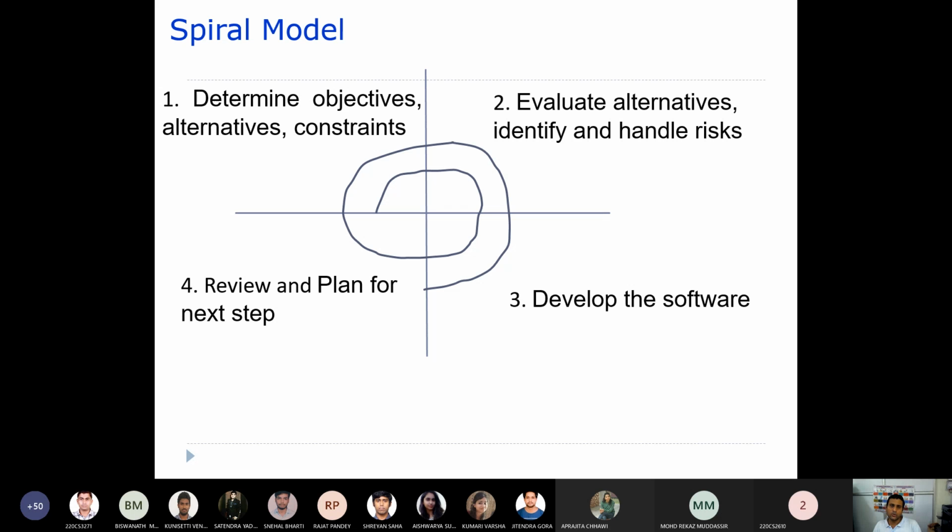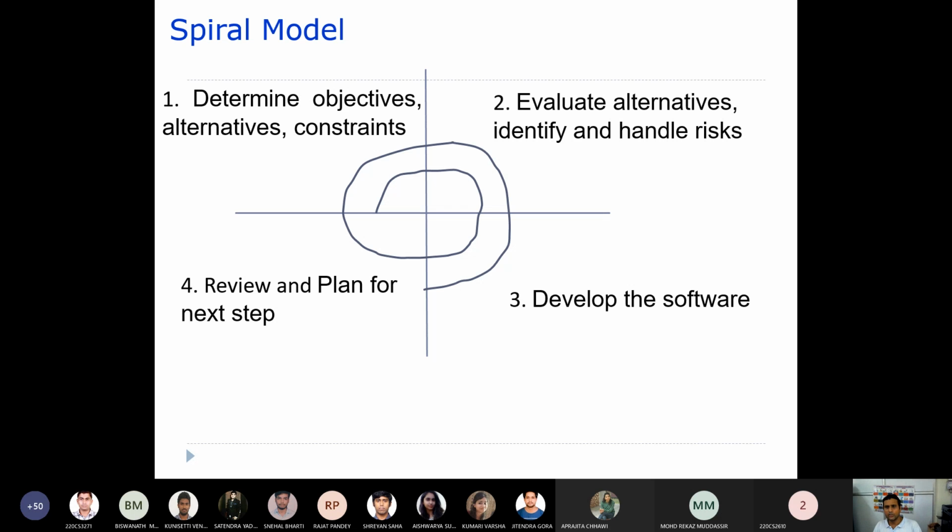For each phase, we determine the objectives, what we are going to achieve through this particular phase, and whether any alternatives or constraints exist while determining the objectives.